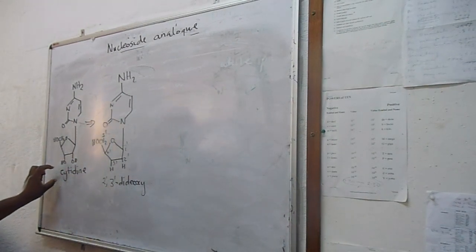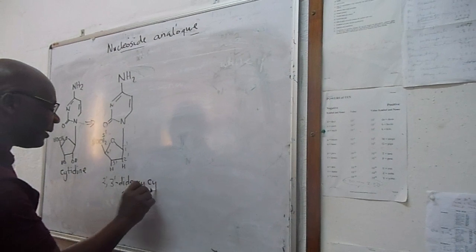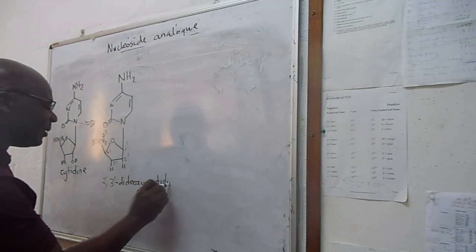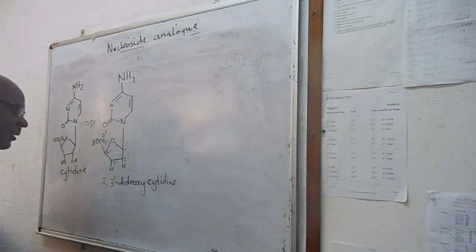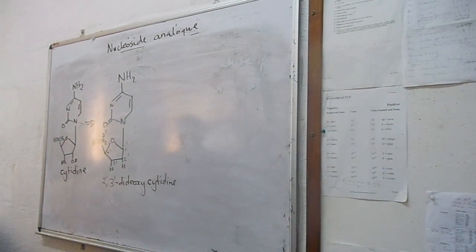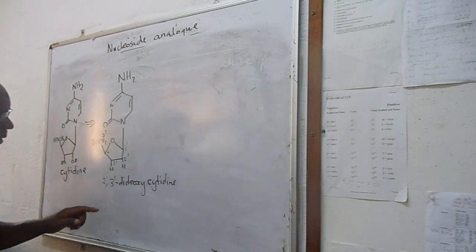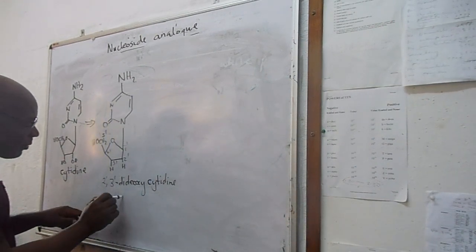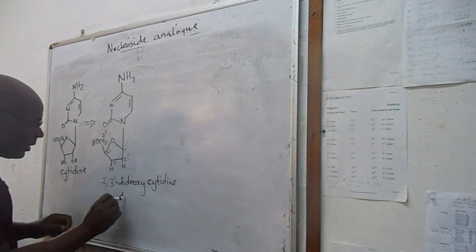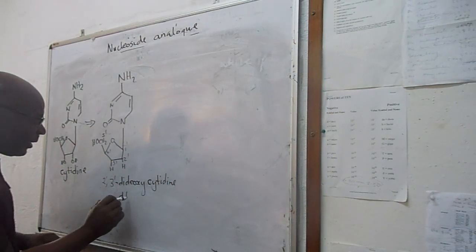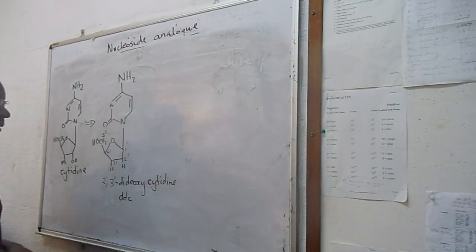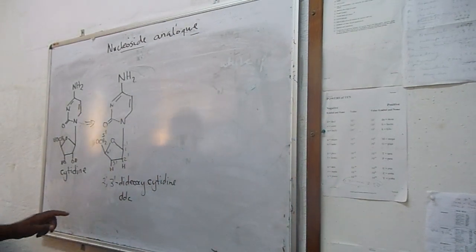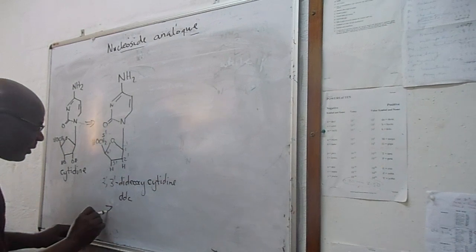The parent is cytidine. Sometimes people would want to make the shorthand to say D D C, ddC. Okay, ddC. So the common name that is used is